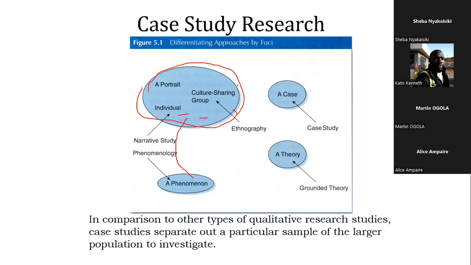So in other words, case study can be done in conjunction with other research methods. It's not normally done on its own. It's done in conjunction with other research methods. We shall also see that when it comes to design science, a method that is particular to IS and ICT